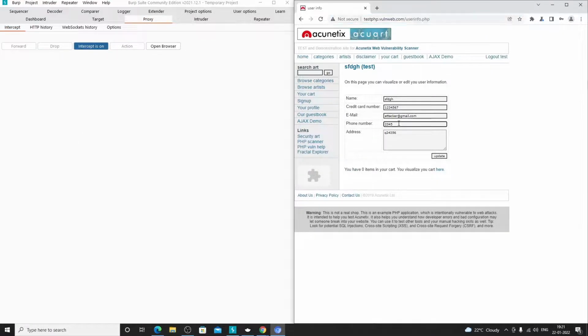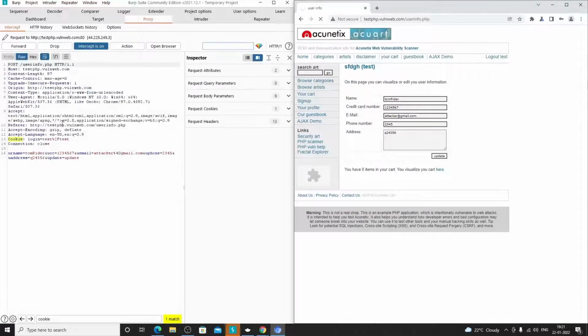Now see what I will do. I will try to update my name, like Tom Rider. I'm putting it in. Now if I update, if we were not using cookies, to update my data I would have to send my username and password with the request. But because right now we were assigned a cookie by the server, if I click on update, you will see clearly that in the request a cookie would be sent, with the cookie request header, and whatever cookie was assigned to us in the previous response will be used to send the request. And because this is a valid cookie, assigned to us by the server only,